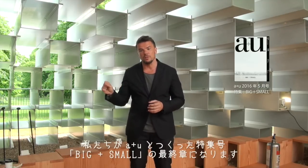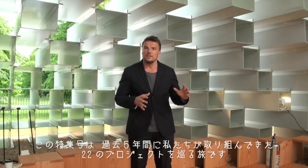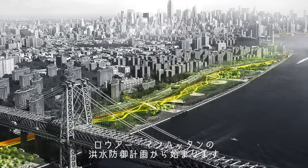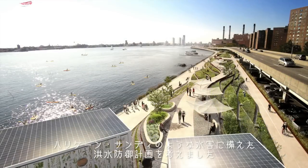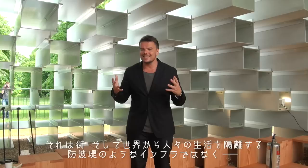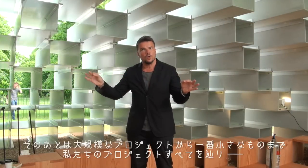That's called BIG+SMALL, and it's essentially a journey through like two handfuls of projects we've been working on for the last 5 years. Starting with the biggest project we're doing right now, which is the flood protection of Lower Manhattan, where we actually found a way to work with the local community to create the necessary flood protection for the next Sandy storm, but in a way where you won't see it as a piece of infrastructure or like a seawall that segregates the life from the city from the water around it, but you'll actually see it as undulating hills, parks, pavilions, pieces of furniture, and then there's a journey through all our projects, from the larger ones down